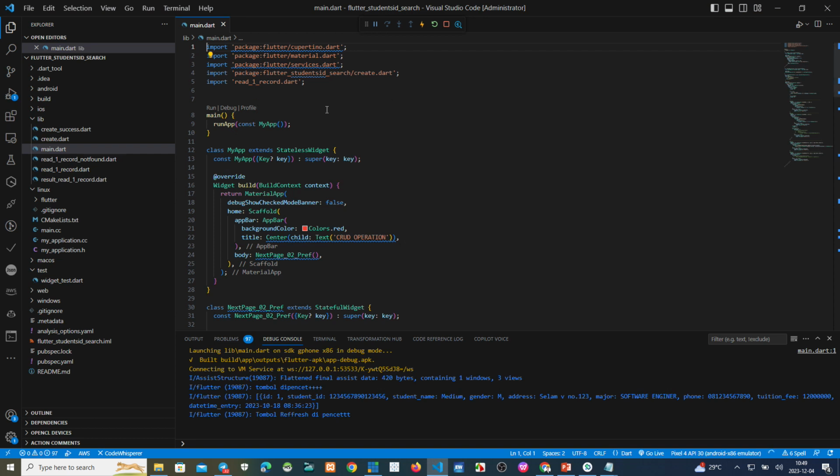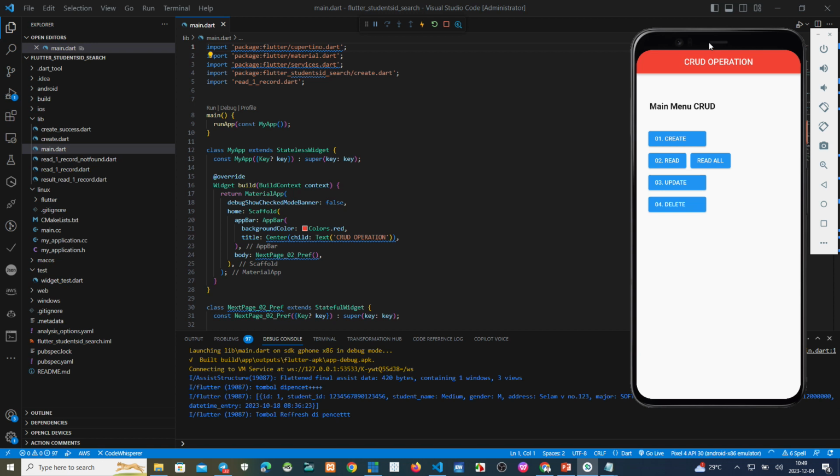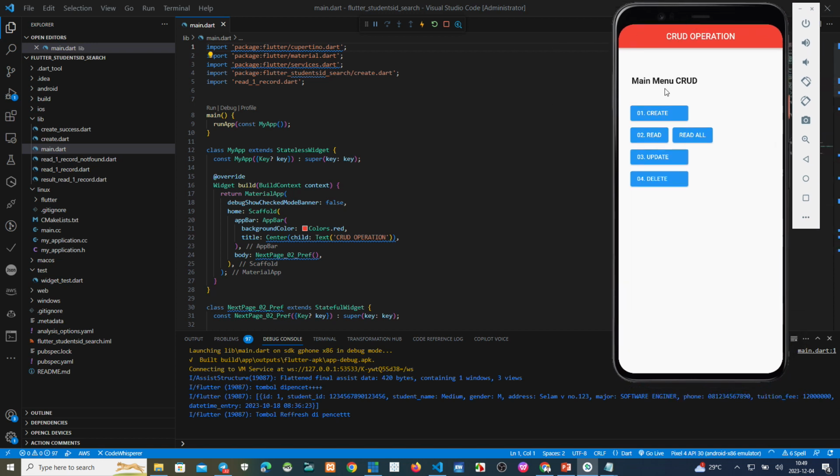Okay, this is my script, and this is my virtual device. This is the project for number 41A, how to create data. But now we have project 41B, how to read data from the database. Click here.